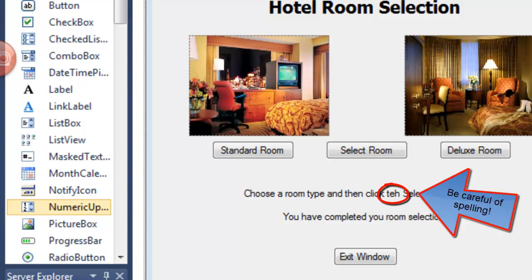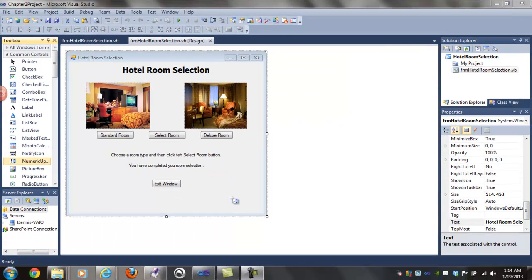When designing your user interface, try to make sure that you make good use of this space. Make sure it looks professional. One of the things that I look for is the margins between the border of the form and the objects. Now, from left to right, the border of the form to the edge of the picture on both sides looks